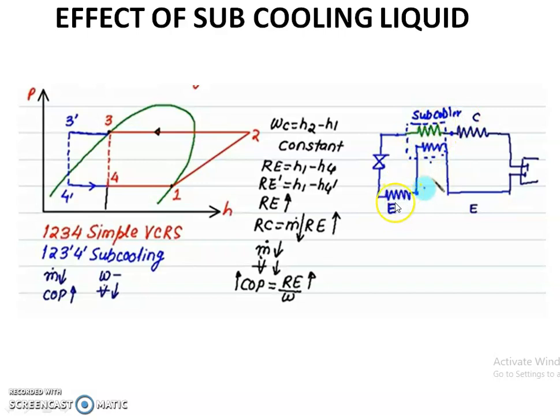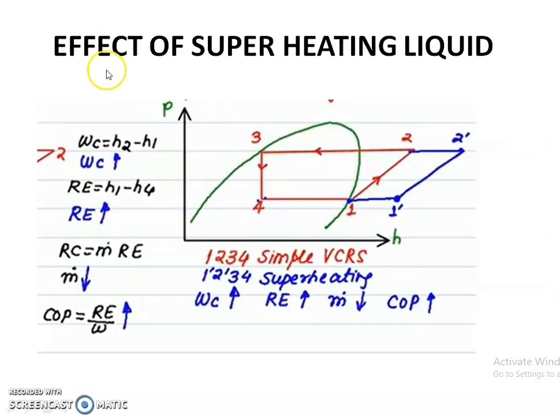Here there are double stages of evaporator, and if you use the subcooler we get heat exchange from the process, and a superheated vapor is formed for the compressor. From the evaporator it goes again, to increase the efficiency of this subcooling liquid. In the next slide we discuss the effect of superheating.